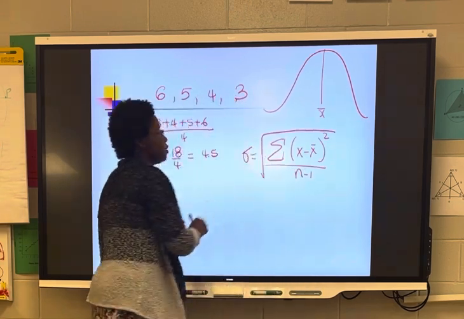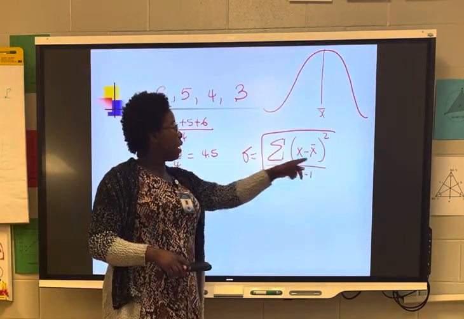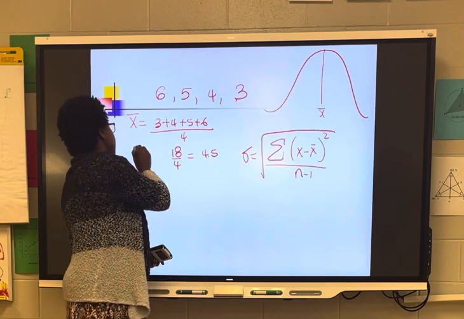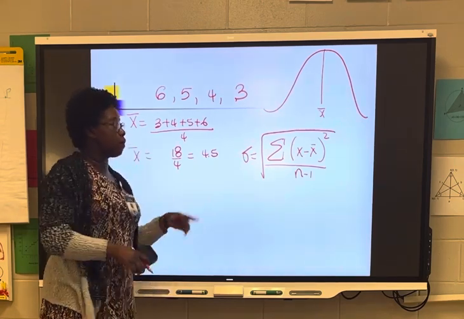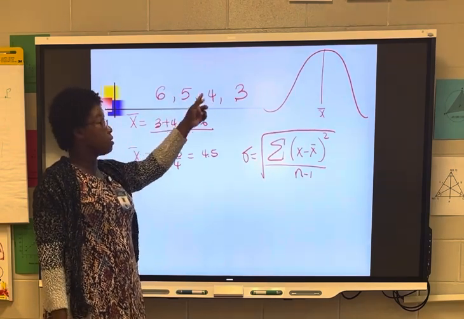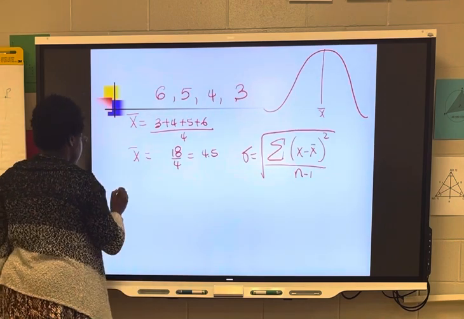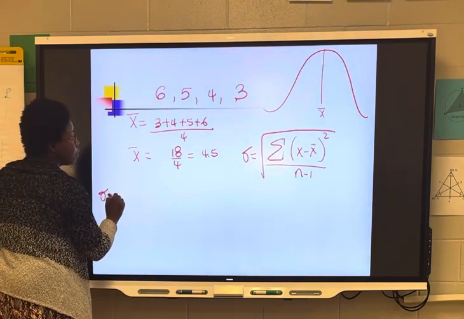Use my formula to work it by hand. So sum of x minus x bar, I just found my mean, which is x bar, and that's equal to 4.5. I know my data values and these are the x's. So the 6, the 5, the 4, the 3 are all my x's, alright? So let's go. So standard deviation is equal to